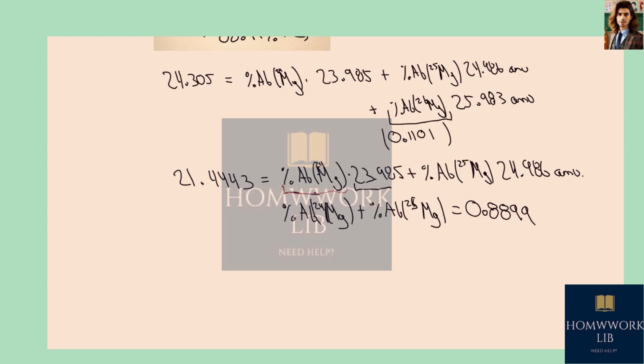I'm going to employ the substitution method, so the percent of abundance of magnesium 24 is going to be equal to 0.8899 minus percent of abundance of magnesium 25. We're going to substitute this into our equation, and we will get that 21.4443 is equal to 0.8899 times